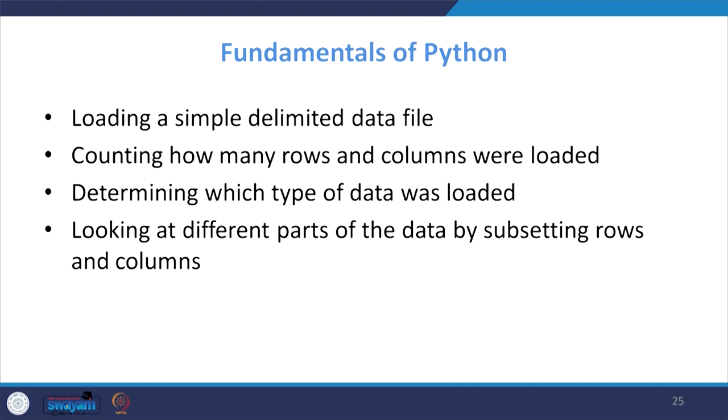In the coming slides, we are going to see loading a simple delimited data file, counting how many rows and columns were loaded, determining which type of data was loaded, and then looking at different parts of the data by subsetting rows and columns.